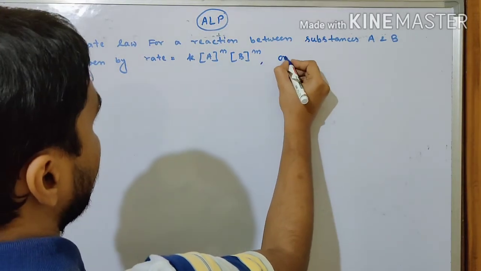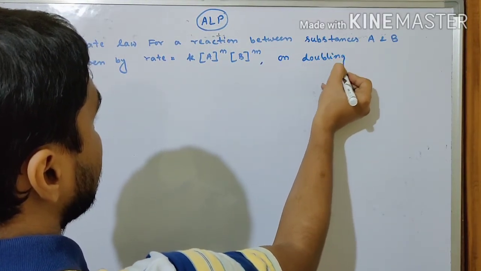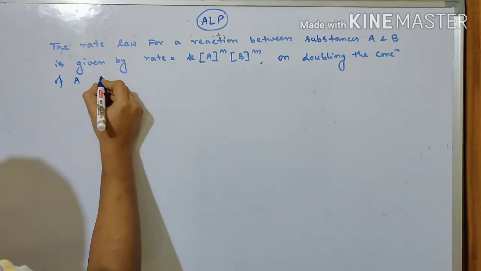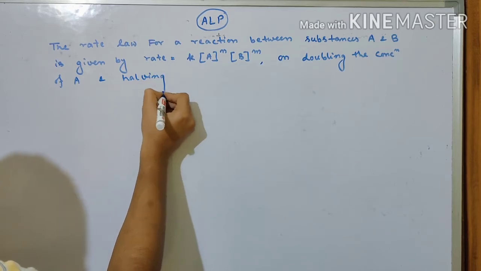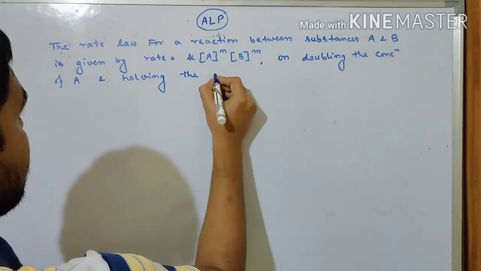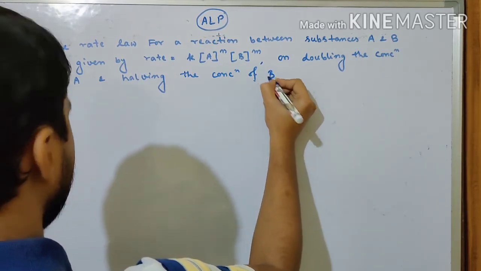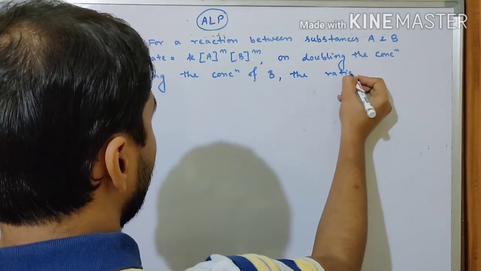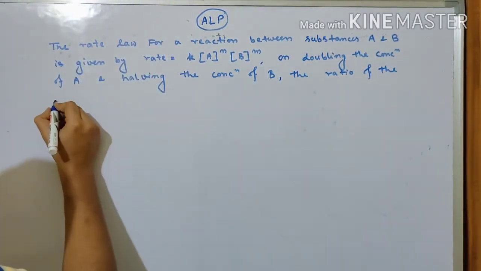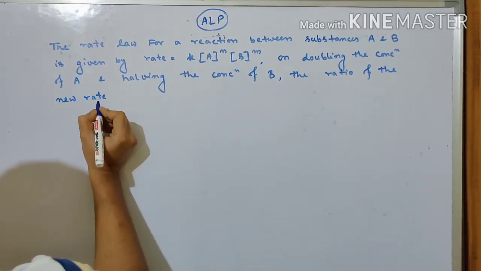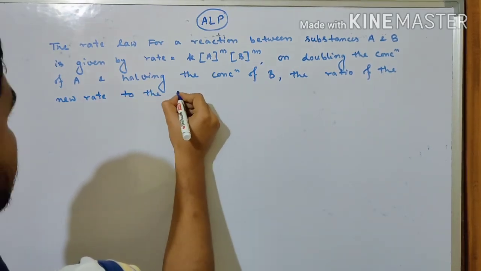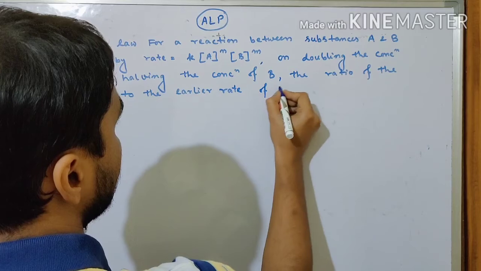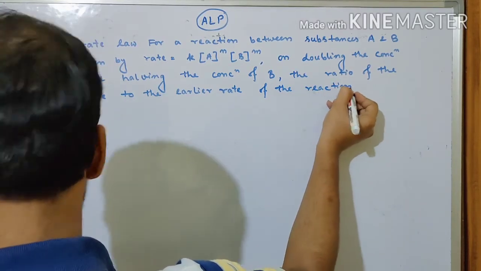On doubling the concentration of A and halving the concentration of B, the ratio of the new rate to the earlier rate of the reaction will be,